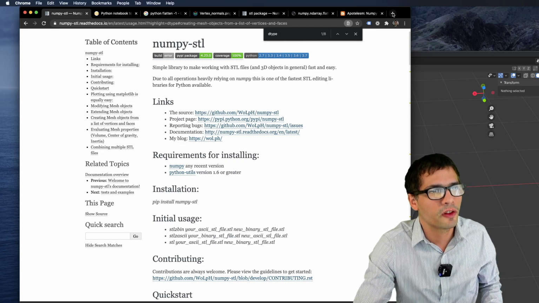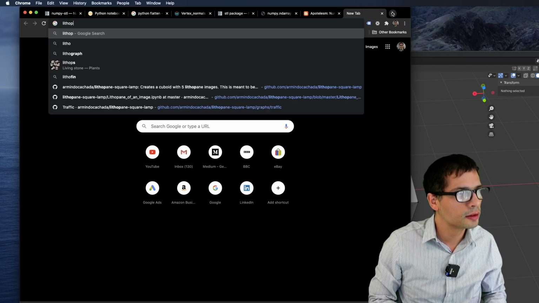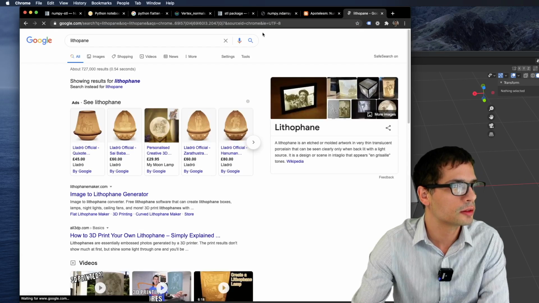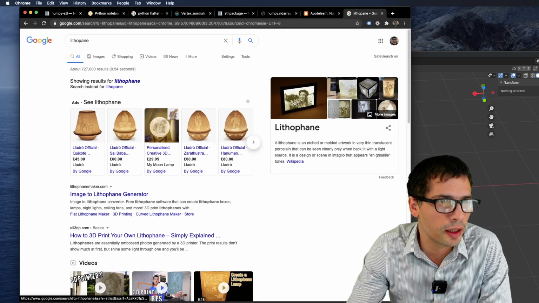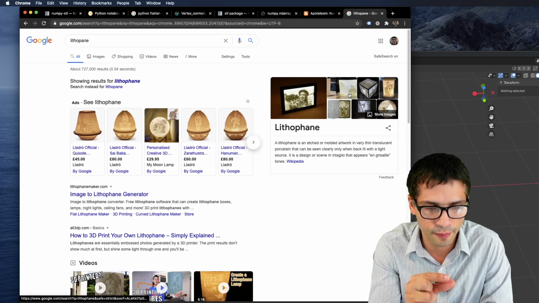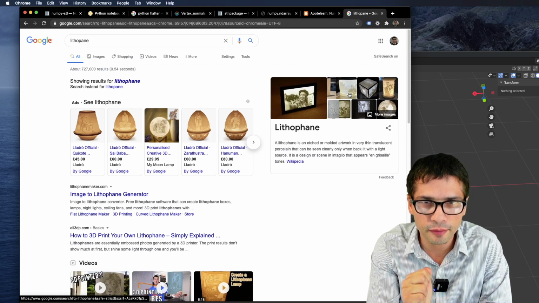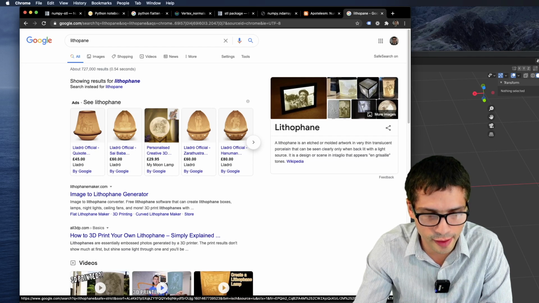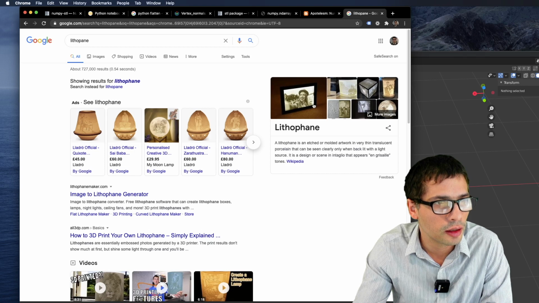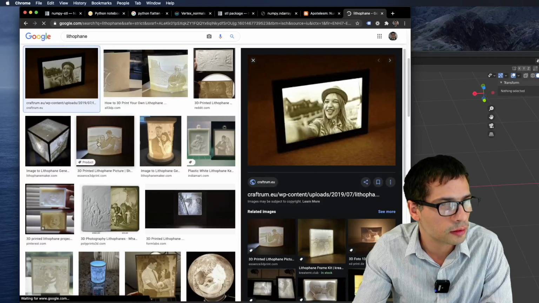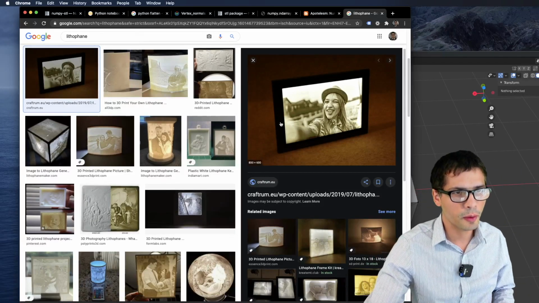And if you don't know what a lithophane is, it's basically a piece of plastic that has different widths, and depending on the different widths, it will let light go through, more or less. So you can see here, this is a lithophane.